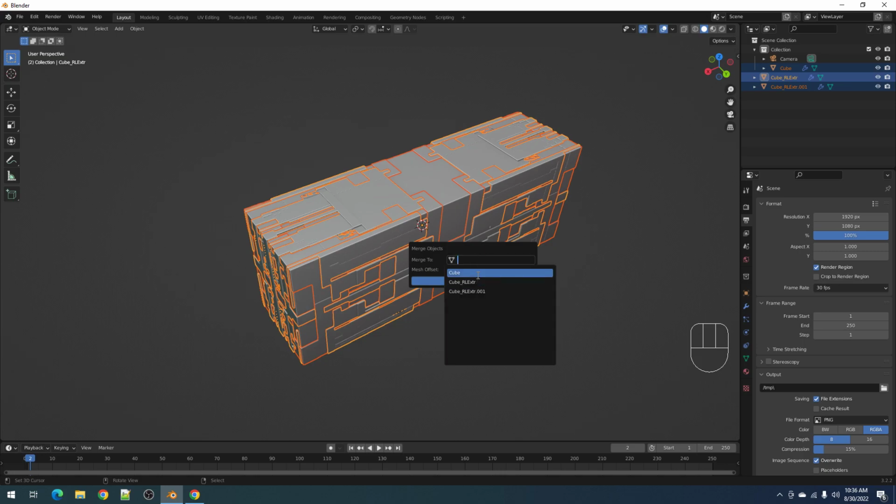So we're going to merge it to the cube, and mesh offset is basically offsetting the faces of the merge-to object to make the Boolean operation react much better. So okay,